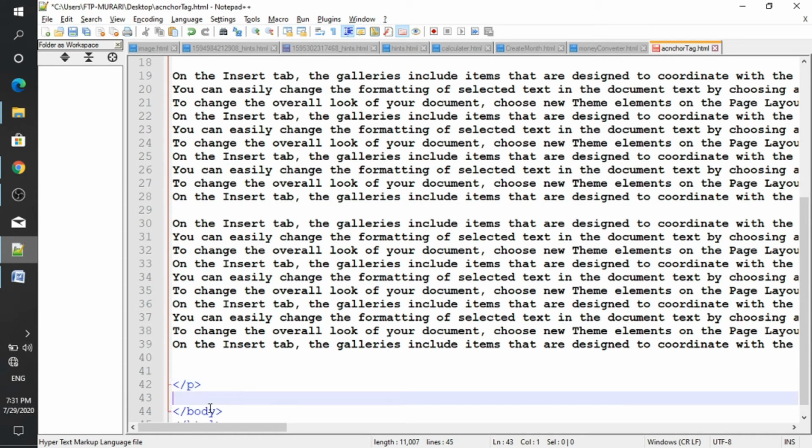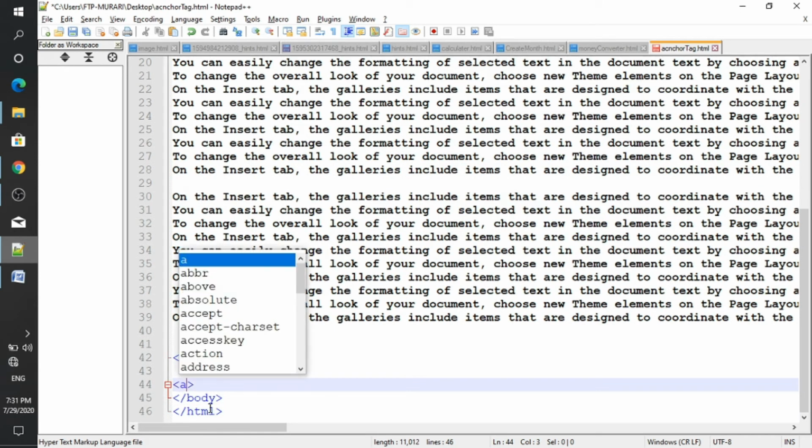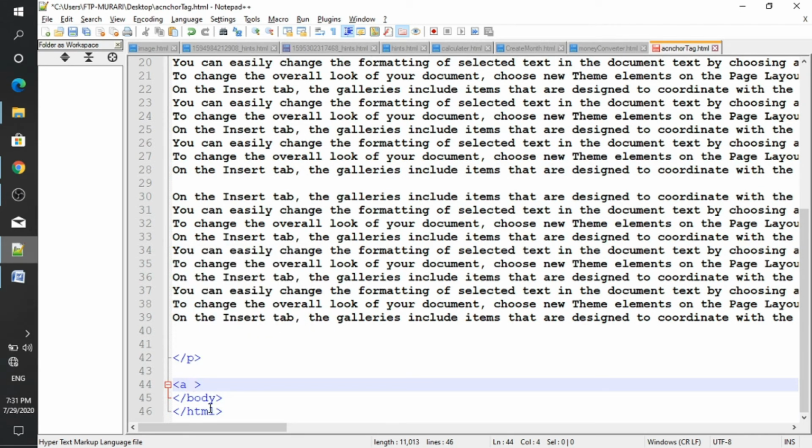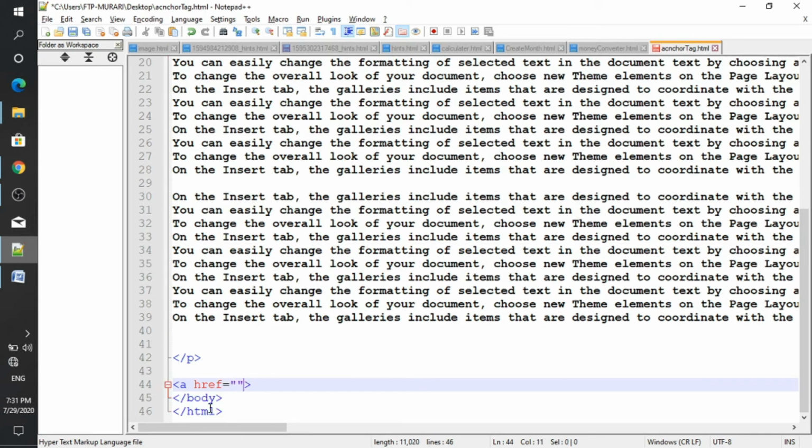Here I want to add an anchor tag. I want to add href equal to, something like Alan. I have to close the a tag.